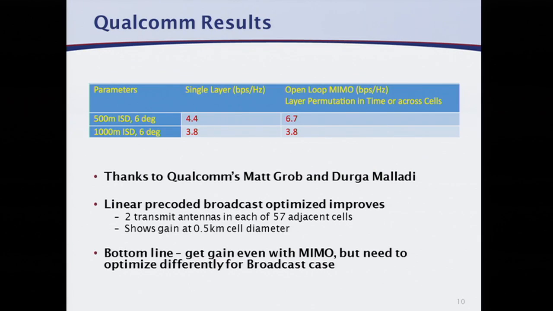So I actually went to former students, also coincidentally at Qualcomm, and asked them, Matt Grob and Durga Malladi here, and they've actually done a study on this, and it turns out that if you have 2 or more users per cell and you use the LTE-B technology, their study here was with 2 transmit antennas in each of 57 adjacent cells, that you actually don't lose